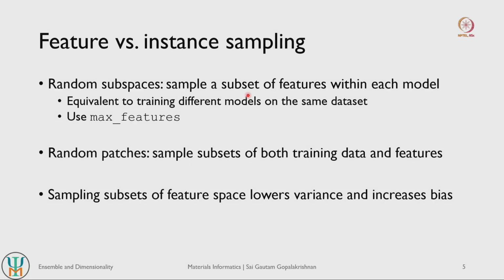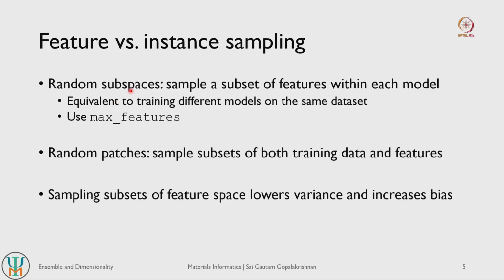The other thing to note is how you are actually sampling, right. So whether you are sampling a subset of features or you are sampling a subset of instances, right. We have already concluded that most ensemble models are created by sampling a subset of instances within your overall data set itself, right. But you can also sample a subset of features, right. So let us say you want to create a decision tree model again, and you have access to 100 features, right. So you can say that each tree can only use a maximum of 10 features and not all of the 100, right.